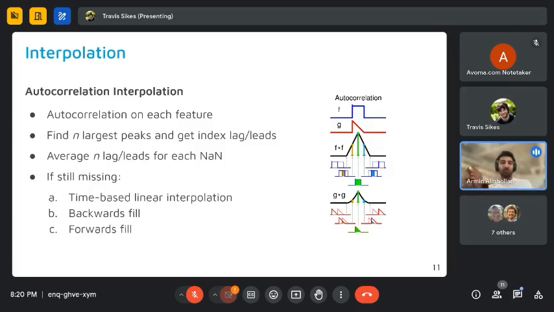If there are any more NaNs, we can now use those lags that we just replaced. We do that repeatedly so that as many NaNs as possible are filled. When we go to the next round of looking at the whole time series, if nothing changed, then we go to the time-based linear interpolation.